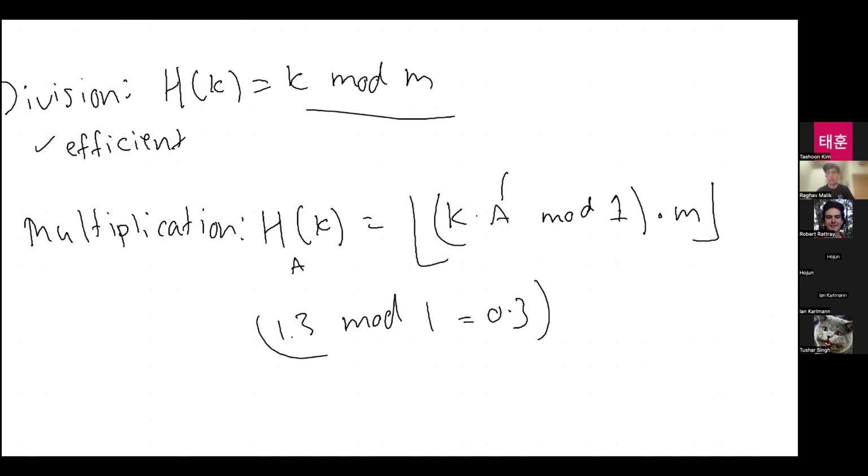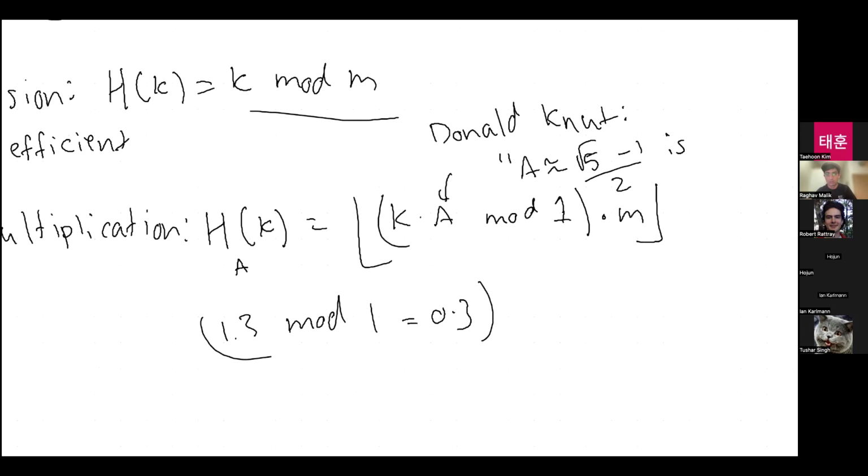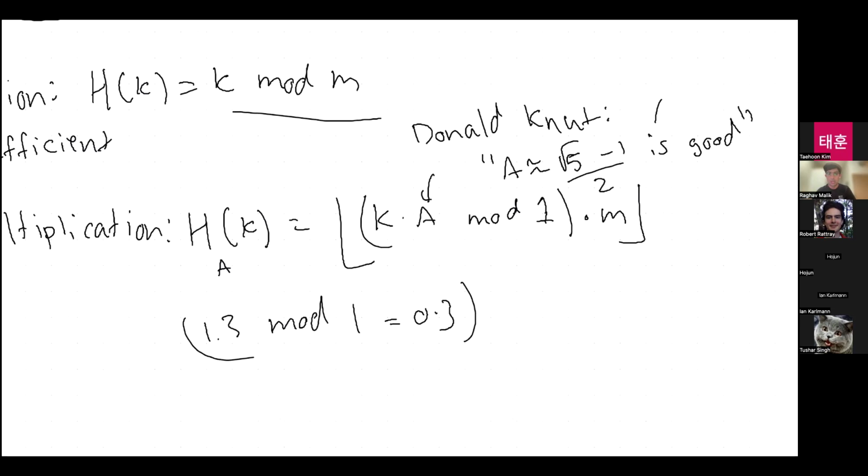Here, you sort of pick the constant A. The hash function depends on the choice of A. If you know something about the distribution of keys that you're going to care about, then you might pick A in a particular way. According to the textbook, there's a paper by Donald Knuth, which claims that setting A equal to roughly the square root of 5 minus 1 over 2 is good. I don't really know why this is good. If you care, maybe read the paper.